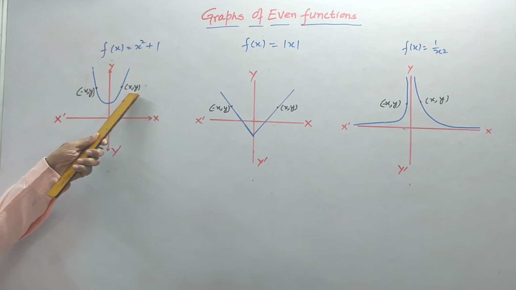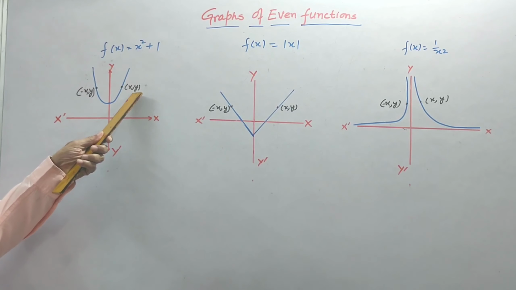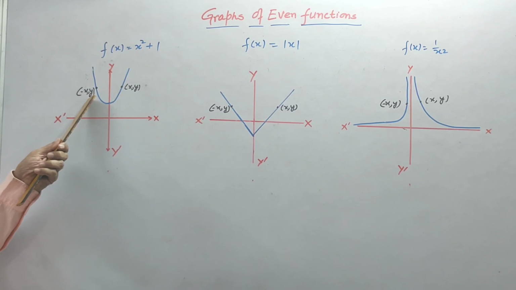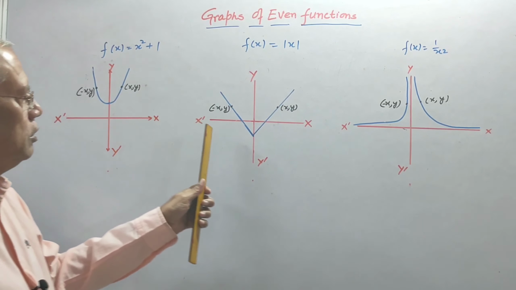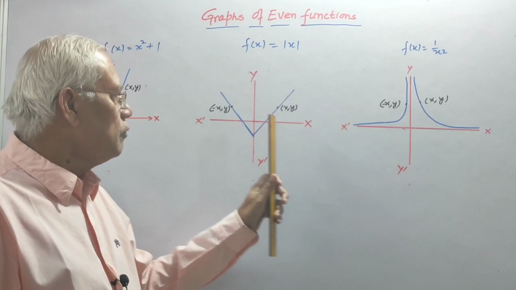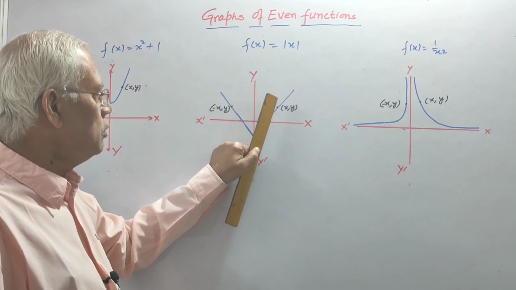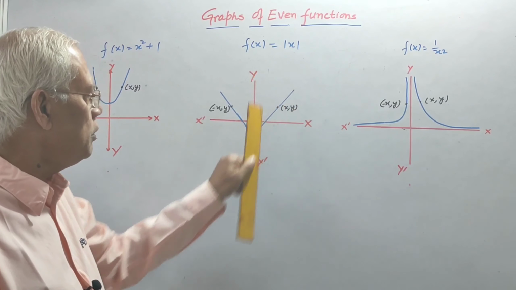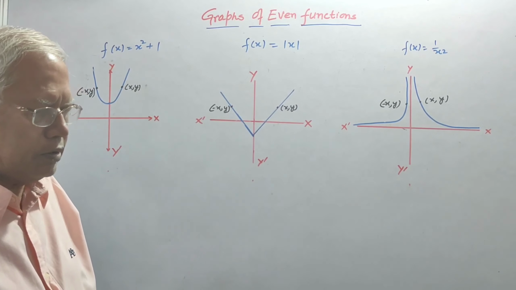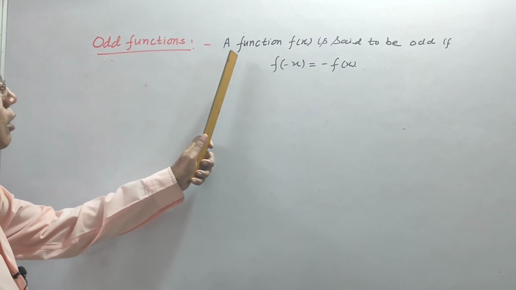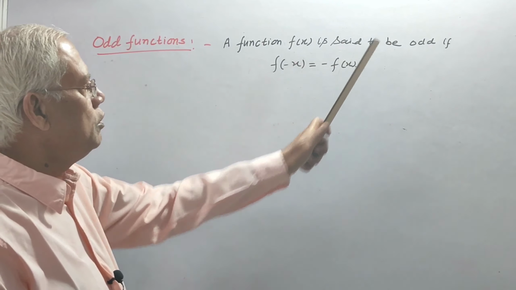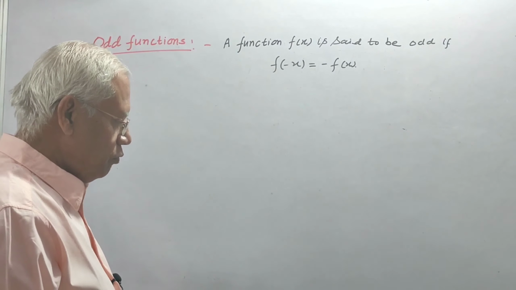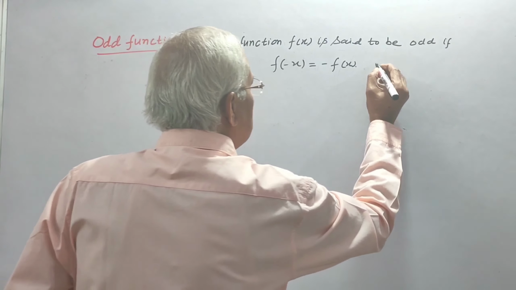So if (x, y) is a point on this graph, (-x, y) will also be there. Similarly, in these two graphs, the left side portion is the mirror image of the right side portion, means they are symmetric about the y-axis. Odd functions. A function f(x) is said to be odd if f(-x) is equal to minus f(x)